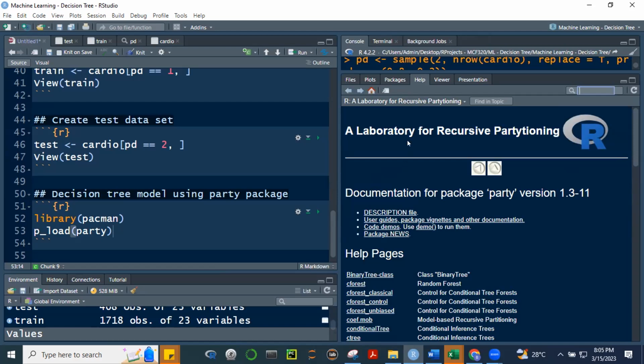So let's first take a look at the package itself. Sa description muna. It's a laboratory for recursive partitioning. Because ganun nangyayari class sa decision trees, no? Partition ng partition, split ng split until such time na na-classify na niya. In fact, itong decision trees forms part of a family of models in supervised machine learning, which we call CART, C-A-R-T, okay? Which is your classification modeling using regression trees. All right, so let's take a look at yung description.